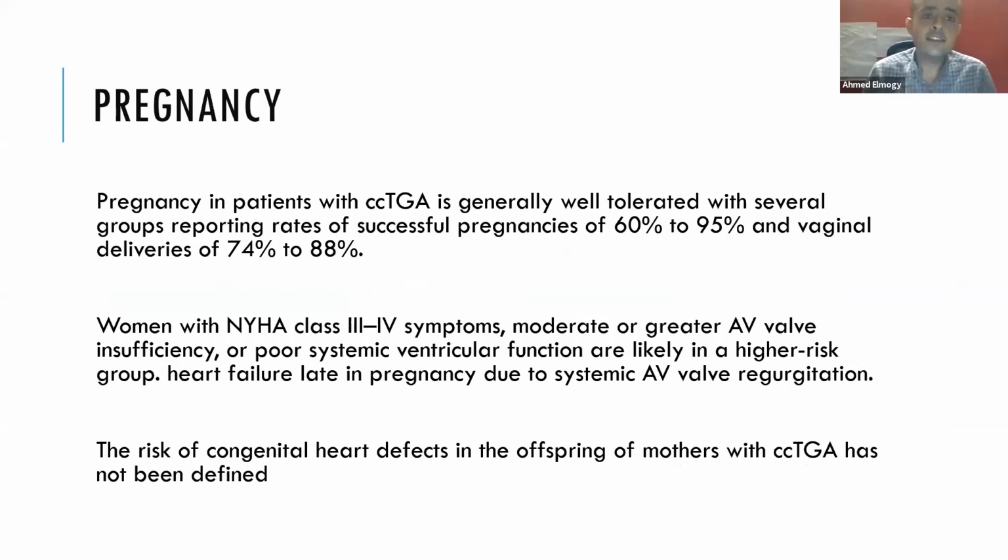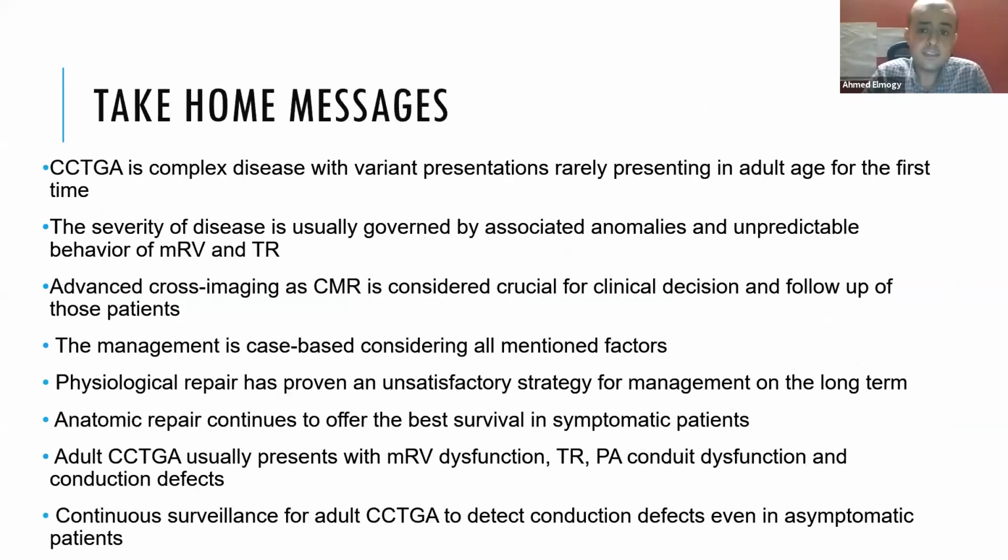The take-home message: CCTGA is a complex disease with variable presentation. Adults may come for the first time, but very rarely, unless they have associated symptoms. The severity is usually governed by the associated anomalies and the unpredictable behavior. Advanced cross-sectional imaging like CMR is considered crucial for clinical decision and follow-up. Management is case-based. Physiological repair has proven an unsatisfactory strategy, as we mentioned earlier, and anatomical repair offers the best survival